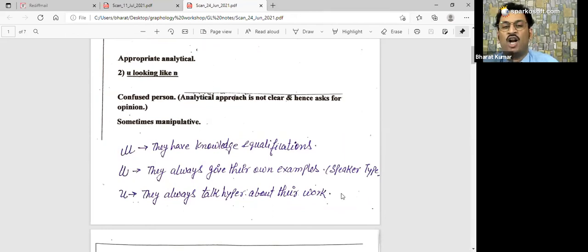They are a kind of speaker people, motivators. They used to say, I did this, I did this, I did this. They will never say that you should have this, you should do this. They will always give their own example. And how many of you have the third type of U written by hand? Is there anyone using the third type of U? Okay, second type and first type.